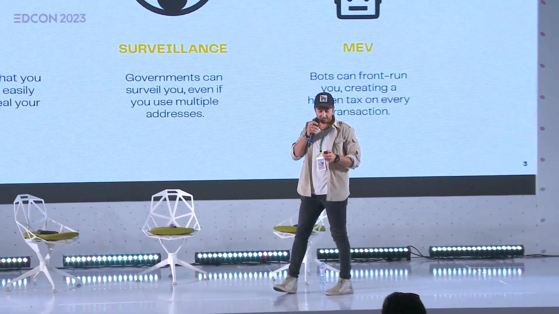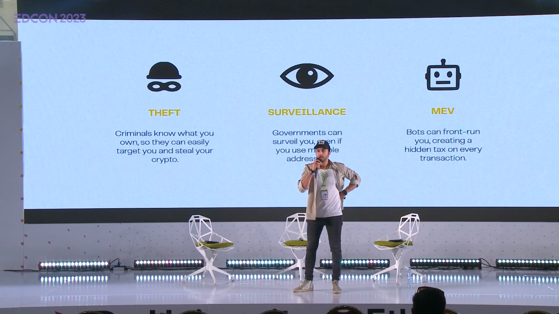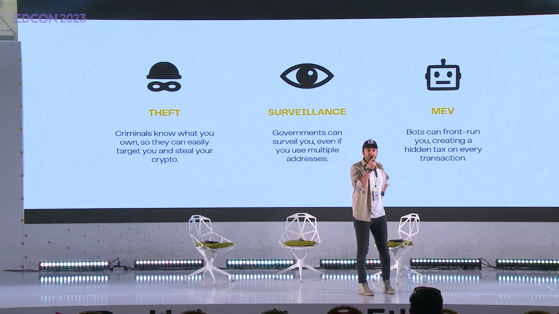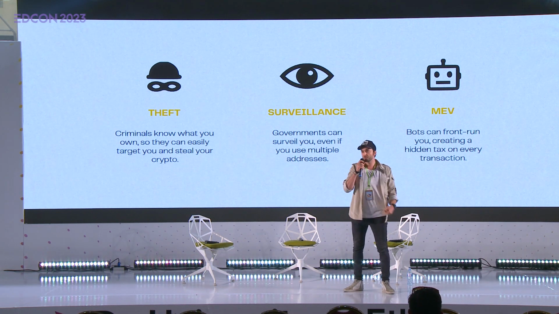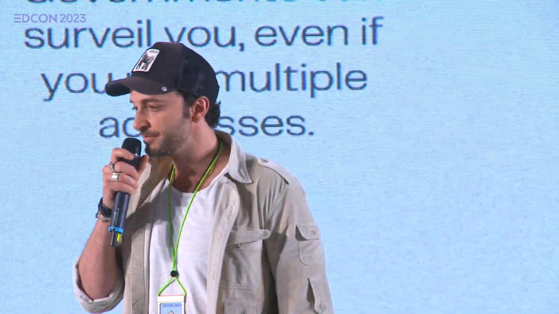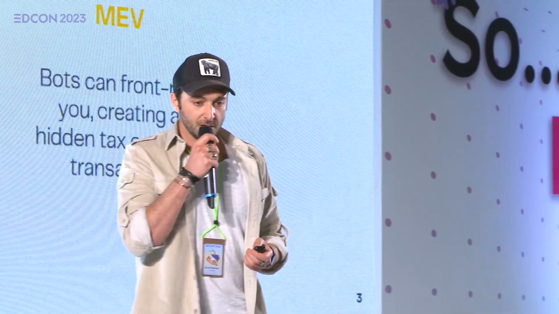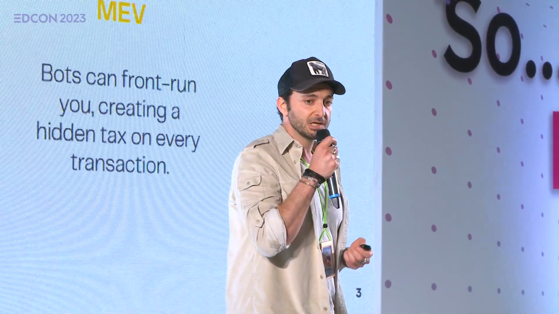So my name is Rand, and I'm going to be talking about private smart contracts using homomorphic encryption. So on a blockchain today, everything is public. We need things to be public because we need to agree on what state is being computed. So this creates a bunch of issues around theft, surveillance, MEV, which fortunately we can solve with a new technology